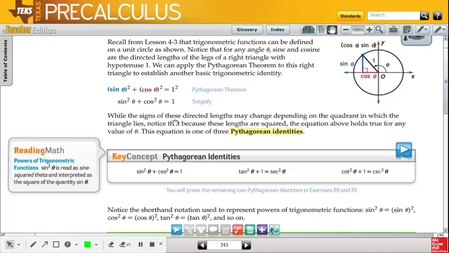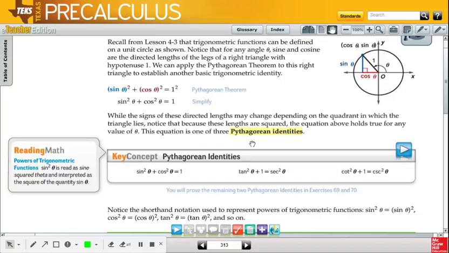While the signs of these directed lengths may change depending on the quadrant in which the triangle lies, notice that because these lengths are squared, the equation above holds true for any value of theta. This equation is one of the 3 Pythagorean identities. So what it's saying is, regardless of what quadrant it is,